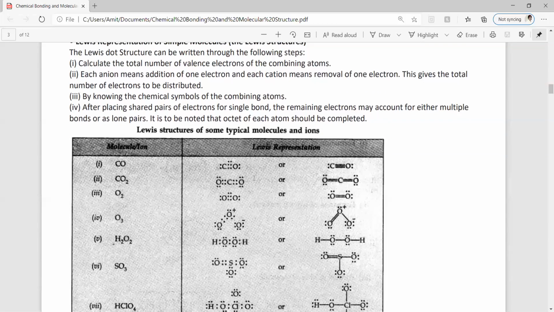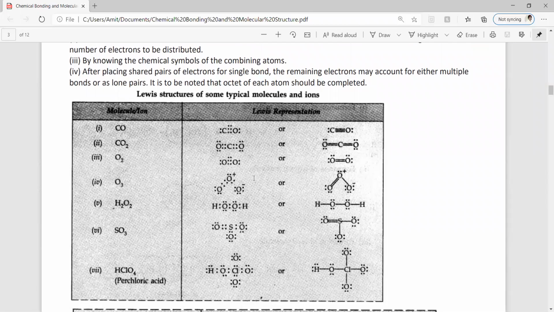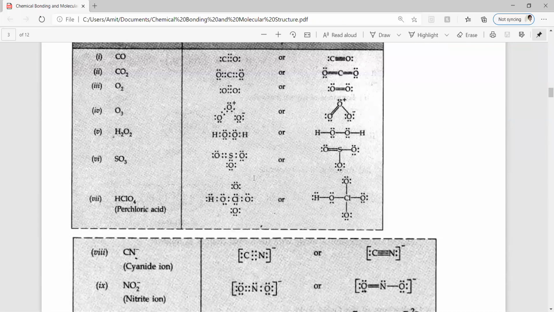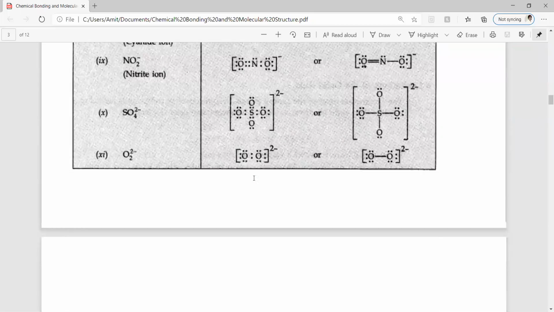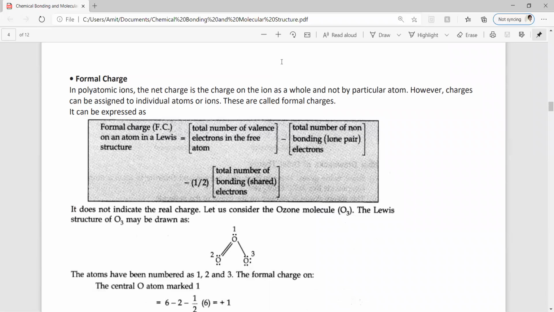Simple enough, we've already studied that in the past. You can see how the dot structure is created, and you can understand if it's a single bond or a double bond depending on the number of dots that are there. There are some examples, you should go through them. If you have any questions in these, please let me know. Now we will